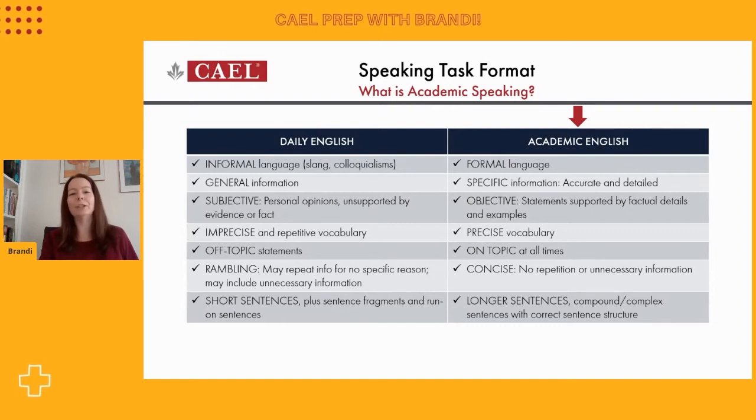We would never want to use vague words like thing or stuff or very simple terms like that on a Cael or any academic test for that matter. Everything we talk about needs to be on topic and address the question that we're referring to. We want to be concise. So we want to get from the beginning of our response all the way to the end without stopping, but we want to make sure that we do so by offering novel ideas. We don't just want to talk in circles and repeat ourselves until we get to the end of our responses